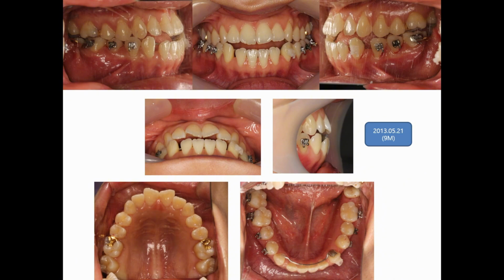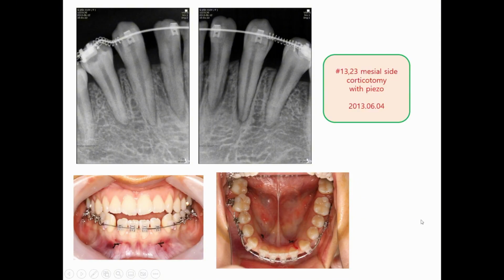And then you can see the space here and here. What is that? He did a little